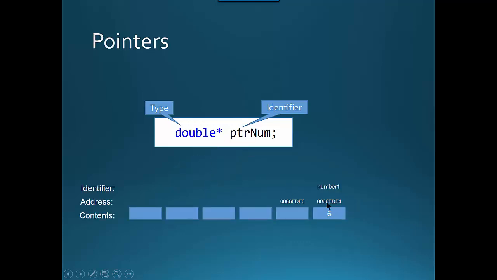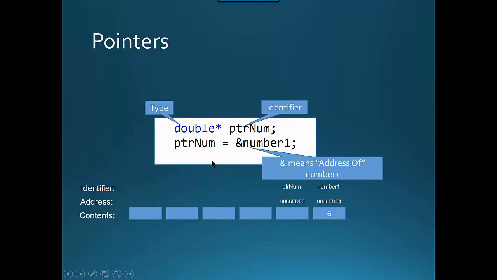And so here we have ptrNum, and let's say we have a variable already declared in memory called number, which is at 66FDF4. When we declare ptrNum as a pointer to a double, just like any variable, it gets a place in memory. And then if we say ptrNum is equal to the address of number,